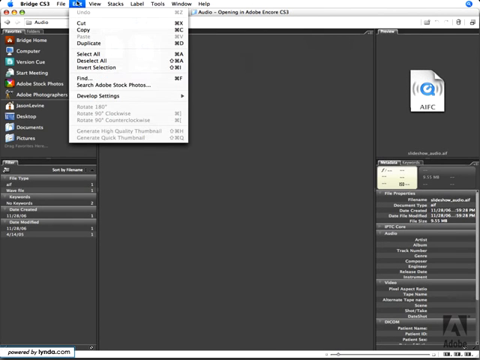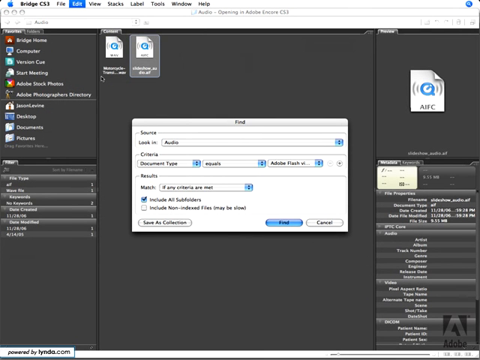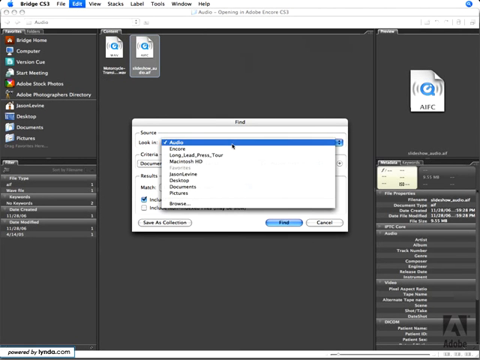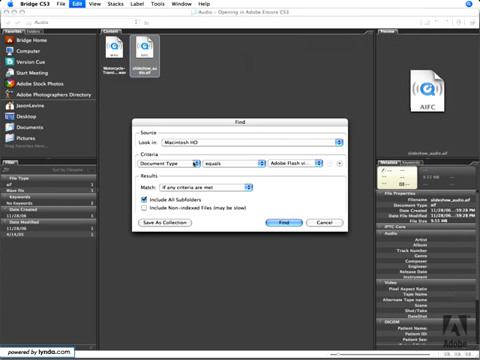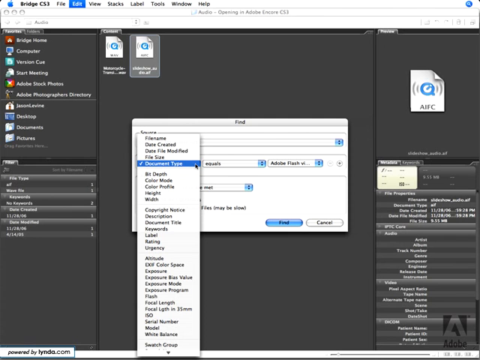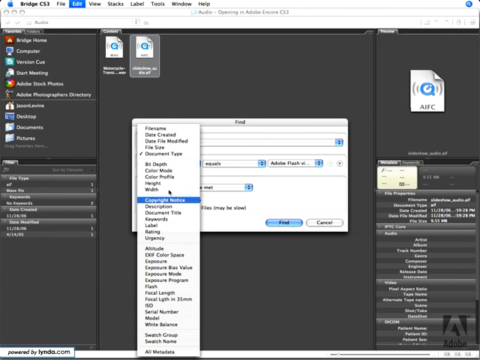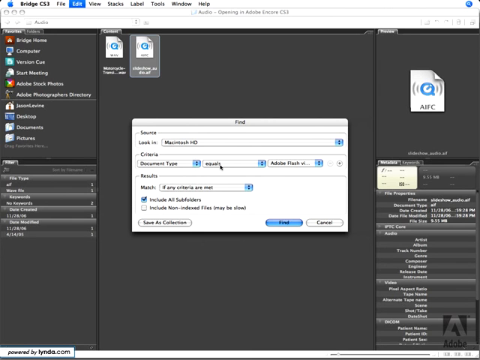Well, if I go up to the Edit menu and I choose Find, it now pulls up the Find dialog. Now I want to look on just the root of my hard drive, so I'm going to choose Macintosh HD. And then you have all of your search criteria. Now if you drop down this first one, you can see document type, file name, file size, an enormous amount of criteria here, all metadata. We know that we're looking for an Adobe Flash video file, so I'm going to choose document type equals